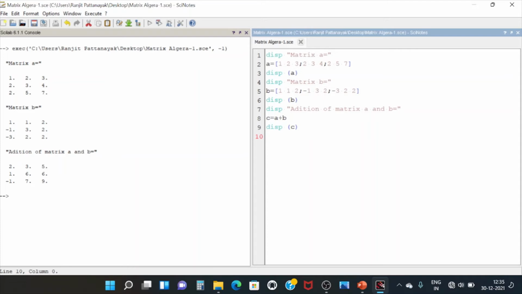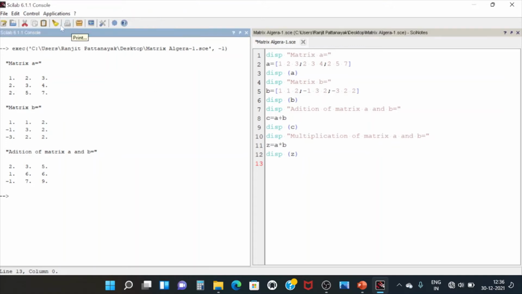Next we have to move to the multiplication of the two matrices A and B. For that, what do we have to write? Here I just copied and pasted, and I am going to modify it like this: multiplication of matrix A and B. For that multiplication, we have to define another matrix, and now we have to run these codes by clicking over here.